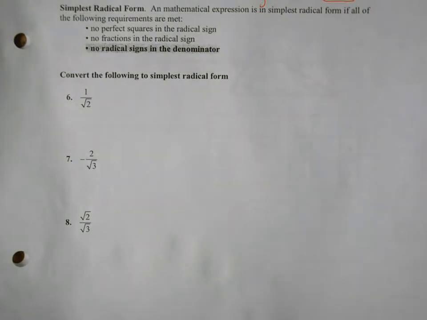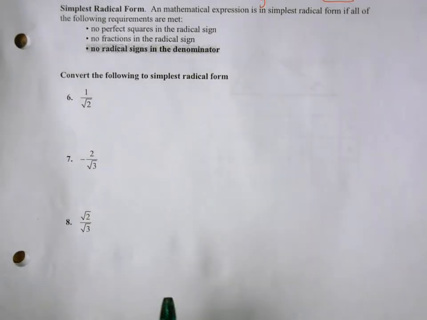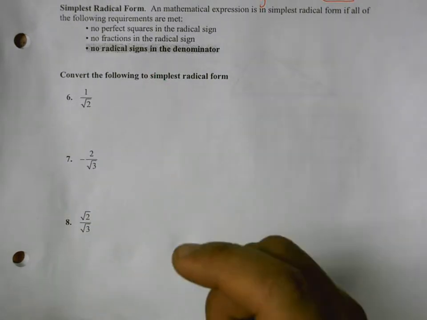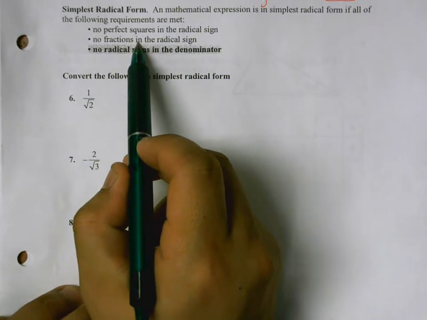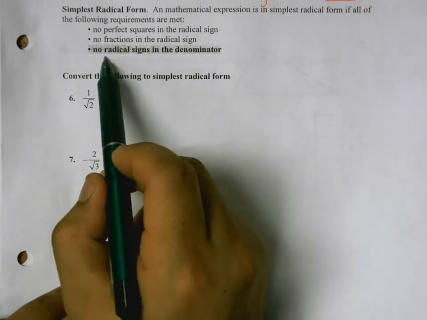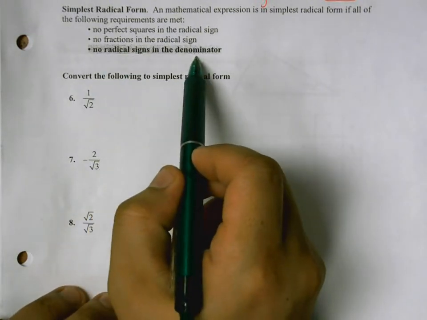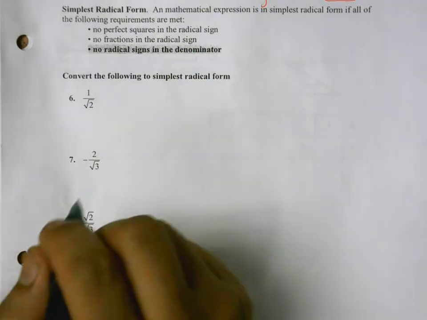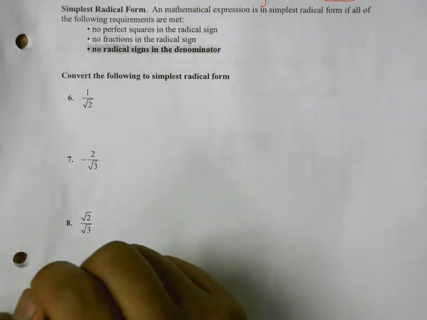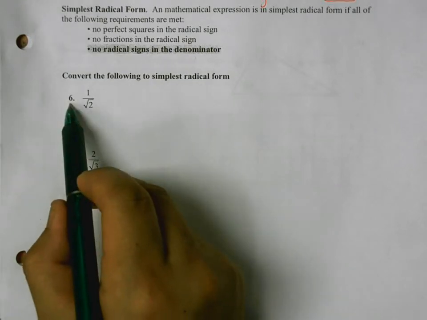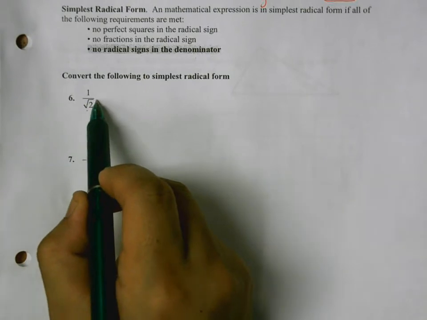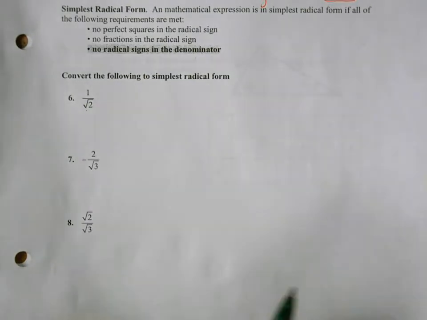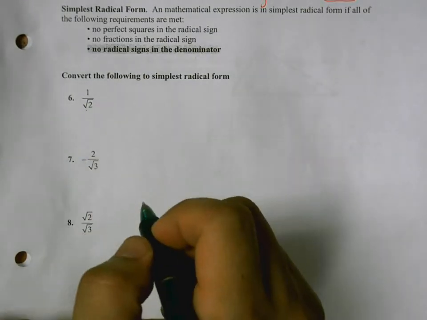And to recap, an expression is in simplest radical form if the following requirements are met. 1, there are no perfect squares in the radical sign. 2, there are no fractions in the radical sign. And 3, which is highlighted here because this is what we're going to discuss today, there are no radical signs in the denominator. So you can see here in number 6, this is not simplest radical form because there is a square root in the denominator. And to make it simplest radical form,